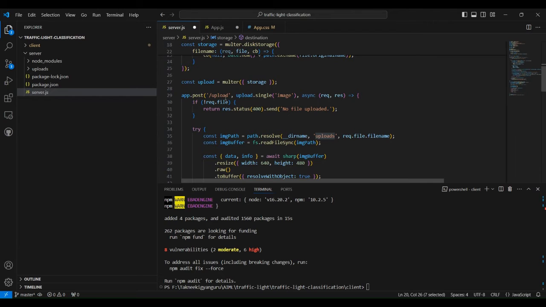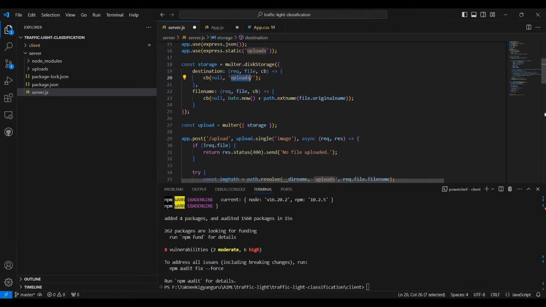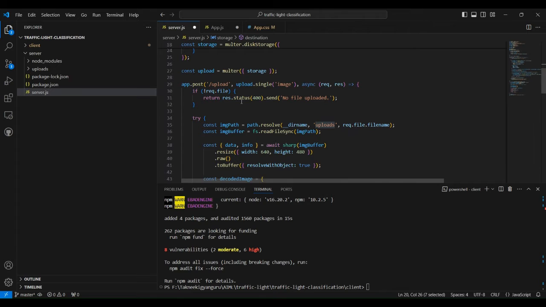It will call through the Node.js application URL slash upload, and then whatever upload has, we will use it as a single image, right? So that image will be stored into this folder, right? And if there is no file, then we'll return no file uploaded. Otherwise it will go to the try catch block, where we'll get the path of the file inside the upload,